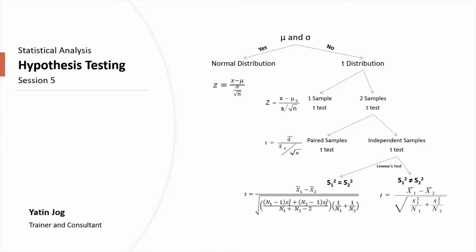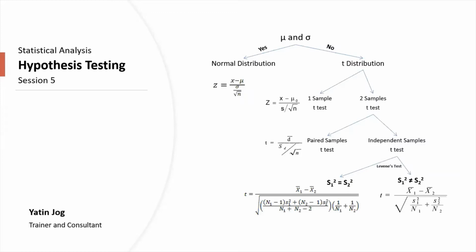Now, again, in case of two samples, I can have dependent samples or I can have independent samples. When I say dependent samples, that means my objects remain the same. I'm just reading the objects at different points of time. And independent samples means my list of objects itself is different. So we'll come to the explanation of all these things. So that is about two samples.